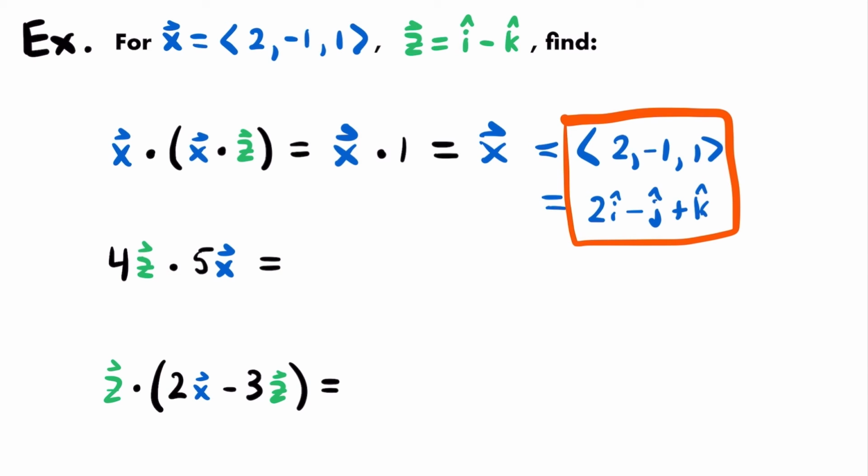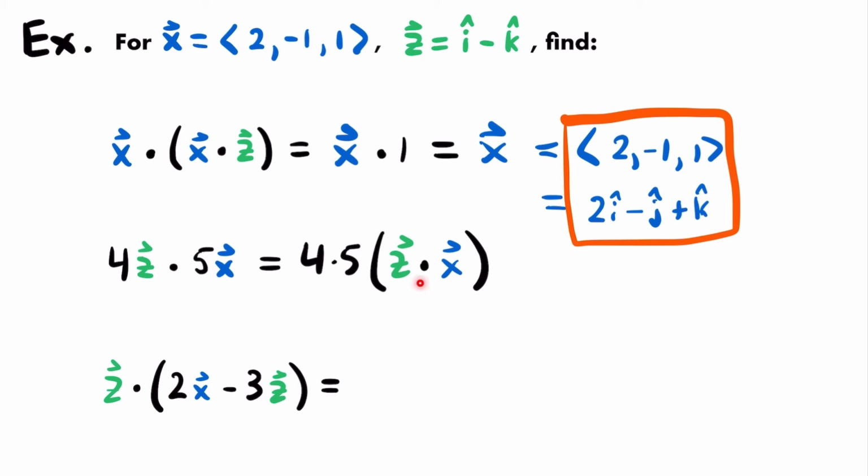But that would be a whole lot of extra work, because if you know the properties of the dot product, then you can simply pull out this scalar multiple of 5 to the front and have 5 times 4, right? This would be equal to 4 times 5 times vector z multiplied by vector x. We can pull that scalar out to the front because it doesn't matter the order in which you multiply your scalars by your vectors in a dot product calculation. So we pull that out to the front, and now we have 4 times 5, which is 20, multiplied by